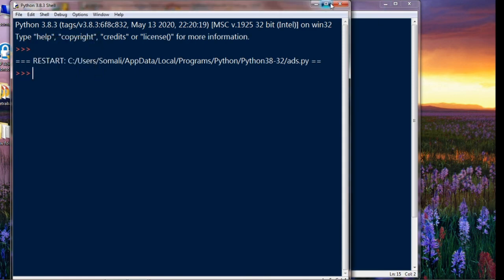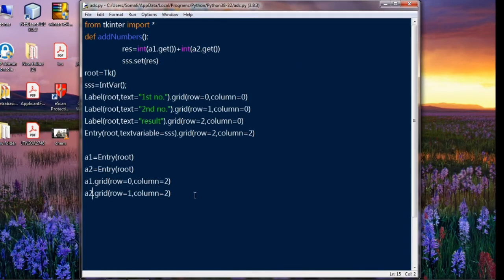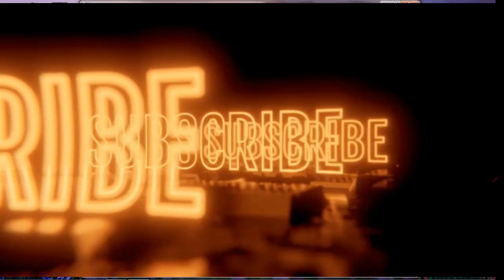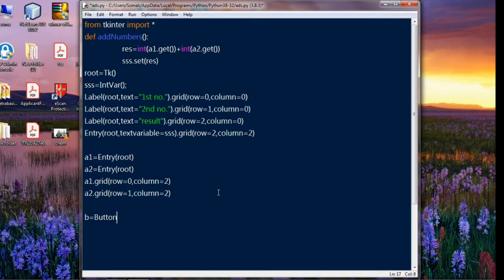To add the numbers, create a button, not a sort button, a programming button. Then create a variable for the button, Button, root, then text to show on the button is the plus symbol.